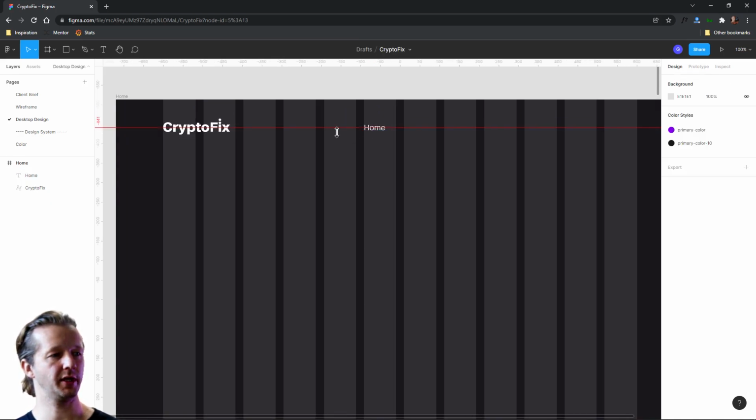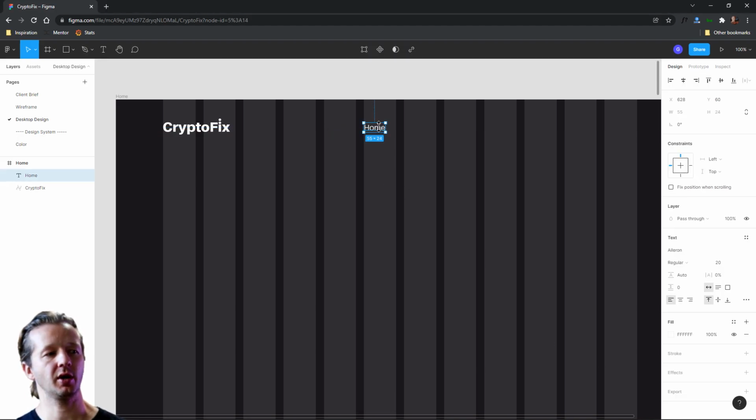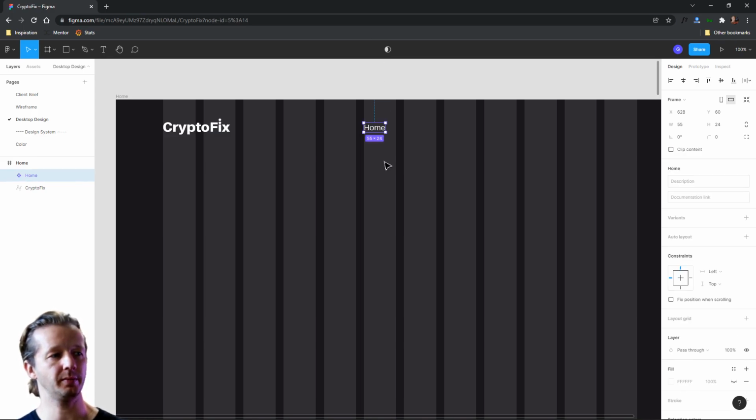All right, that looks pretty good right there. Let's hit Shift R. And now, because we're gonna have multiple links and we want to be able to style them easily, we're gonna make this one a component here. So create component. And now we'll go ahead and